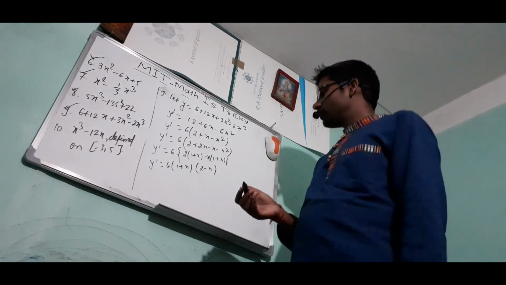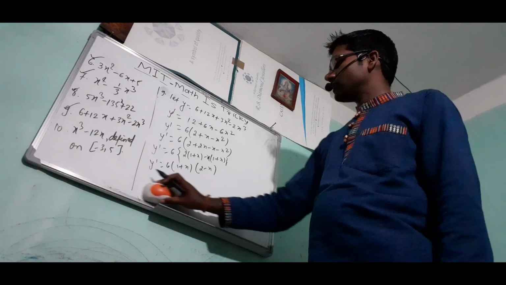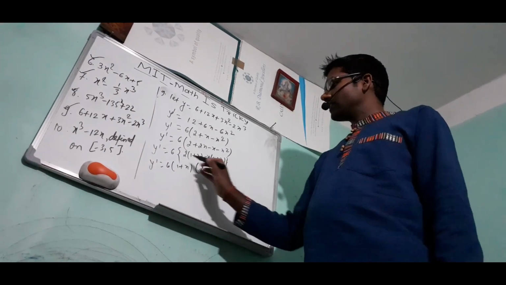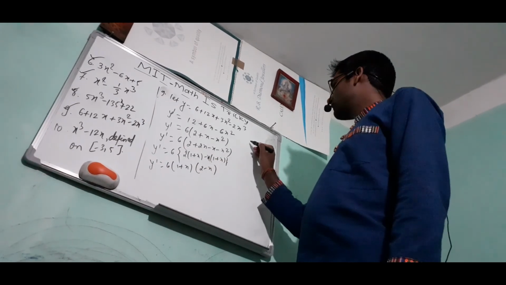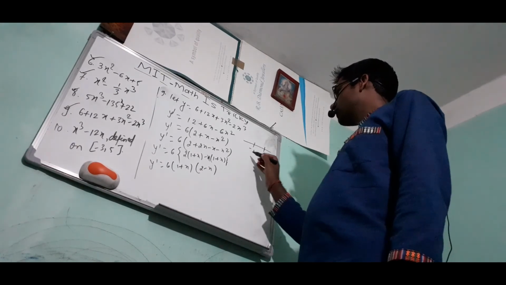Okay, so this is as before. We'll check at what point the first derivative will be 0, so it is here minus 1 and 2. So as before,